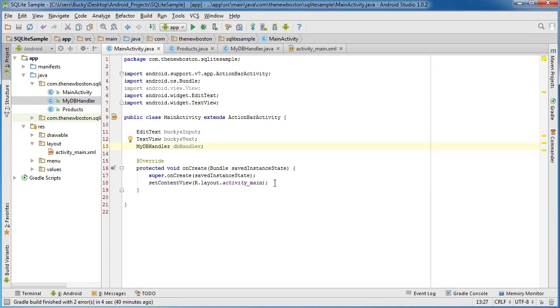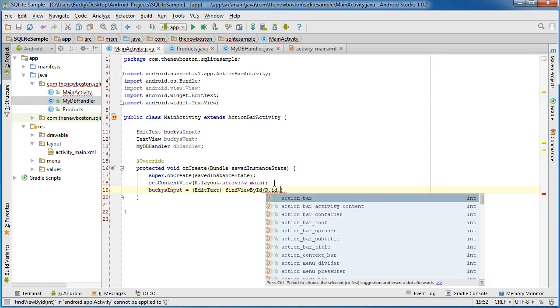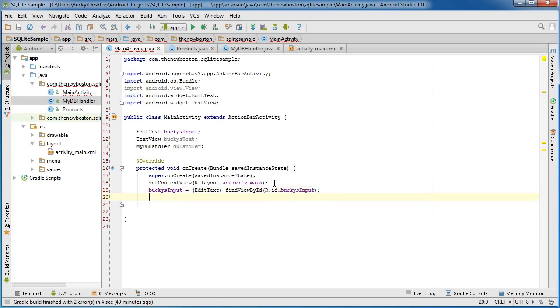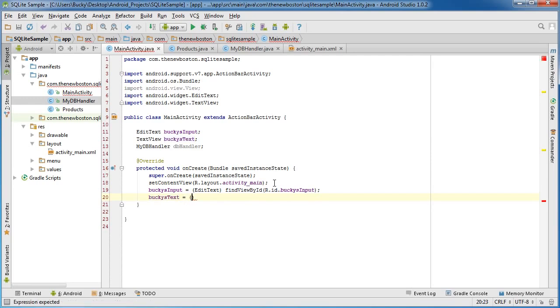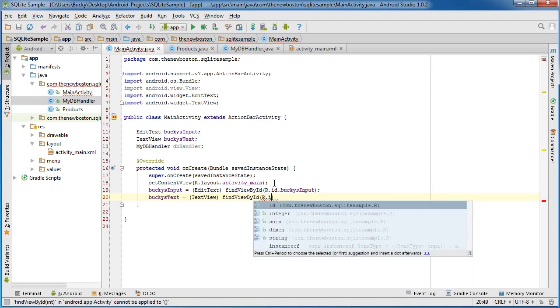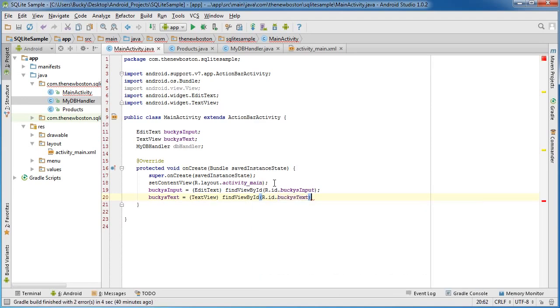Alright, so now let's go ahead and go to onCreate and do the housekeeping stuff. So Bucky's input, set this equal to edit text, find view by ID, R.id.Bucky's input, and the same thing with Bucky's text equals text view, find view by ID, R.id.Bucky's text. Now after this we need to set our DB handler object, and of course that's equal to new,